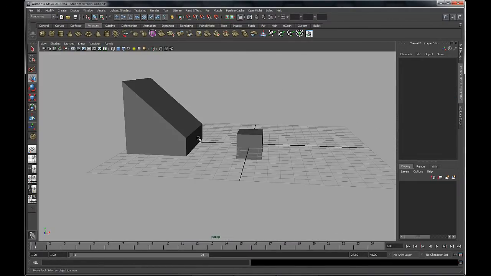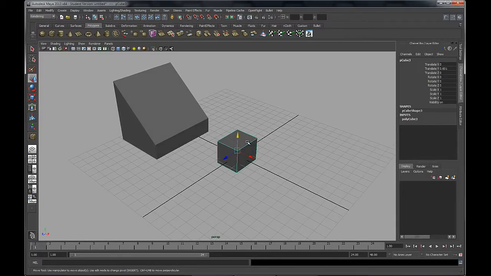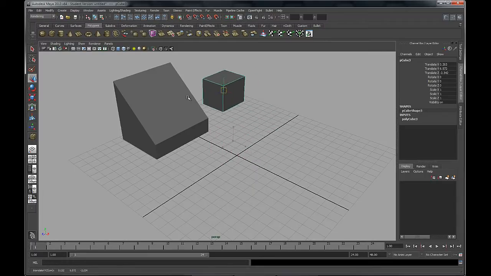So I've got a couple of objects just here, and we're going to be taking a look at this little object just here. I've got my move tool turned on over on the left hand side in the toolbox, and you can see we get this manipulator handle. In the Essential Skills Movies file, the operation for the move tool is you can click and drag on the manipulator arrows like this to move your object in the direction that the arrow is pointing. You can also select the little square in the middle of the manipulator to freely drag in multiple directions at once. Now keep in mind that